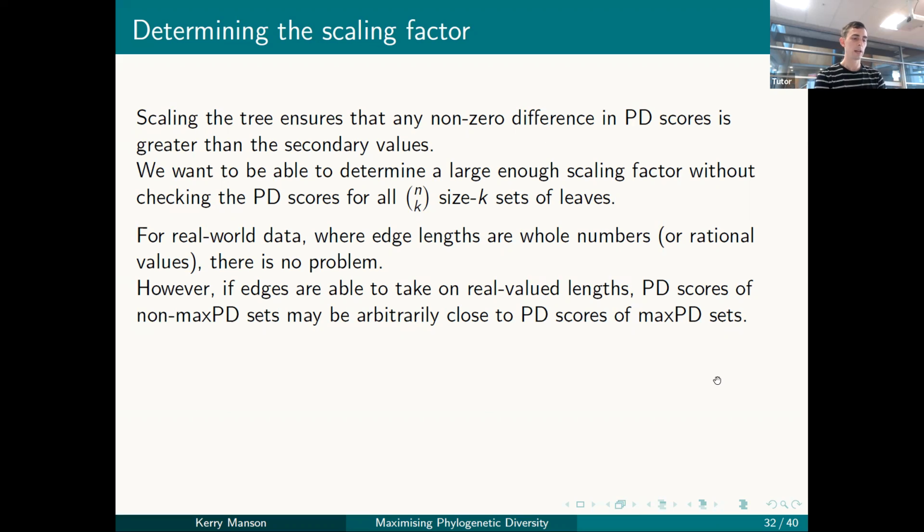And so for real world data, when edge lengths are whole numbers or rational values, we can do that quite easily. We can scale up the tree so that all the edge lengths are positive integers. And then we can look at the sum total of all of the numbers along the bottom, and then scale the tree again by a number larger than that, and we'll be fine. However, if we have